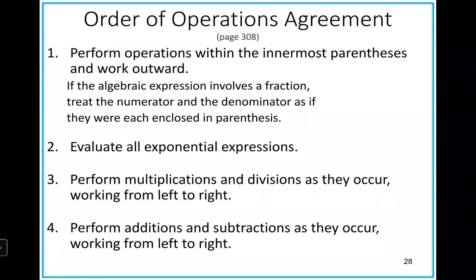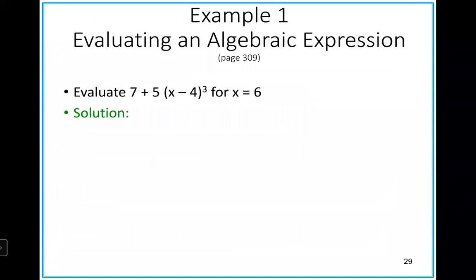Okay. If the algebraic expression involves a fraction, treat the numerator and denominator as if they were enclosed in brackets. And then you do exponents after brackets, then multiplication and division in the order they occur from left to right. And then lastly, we do additions and subtractions as they occur, working from left to right. Okay, so the basic principle is the same as when we're dealing with whole numbers. So we have an example here